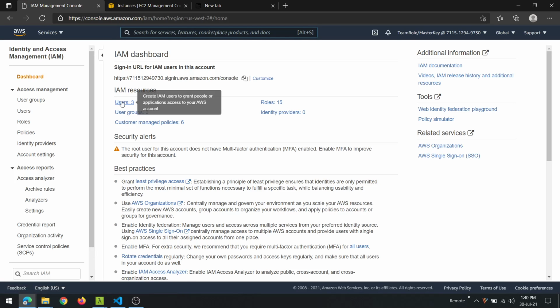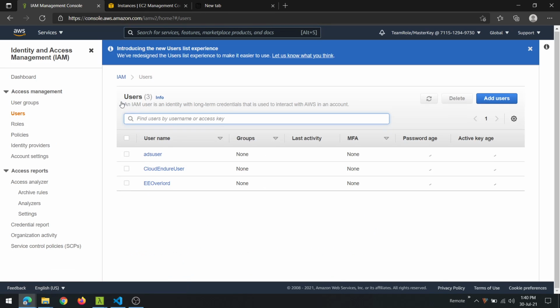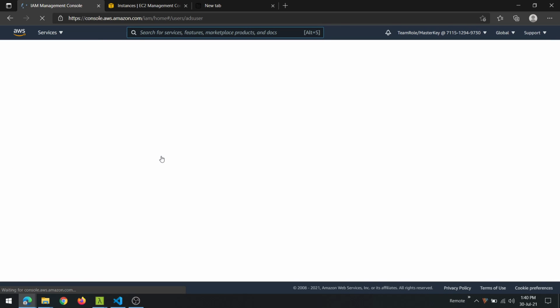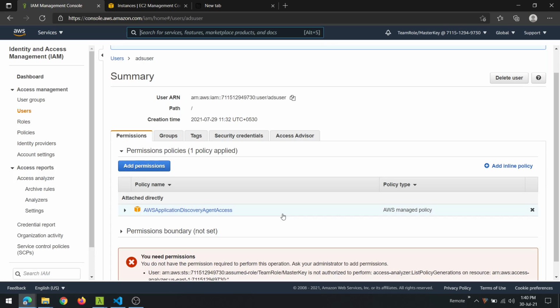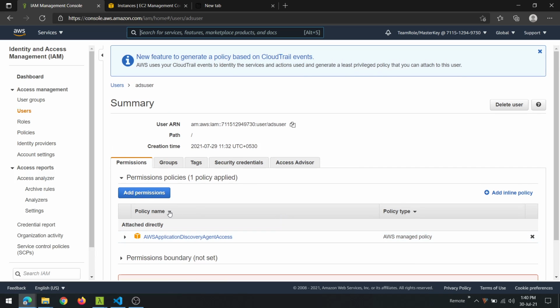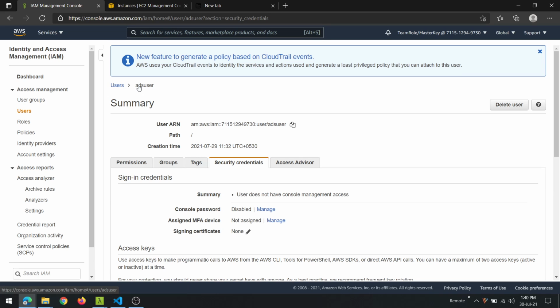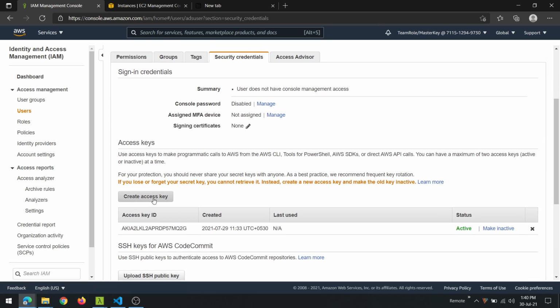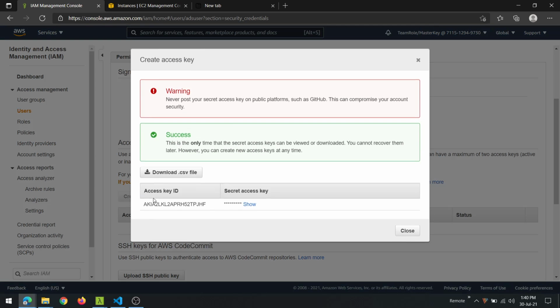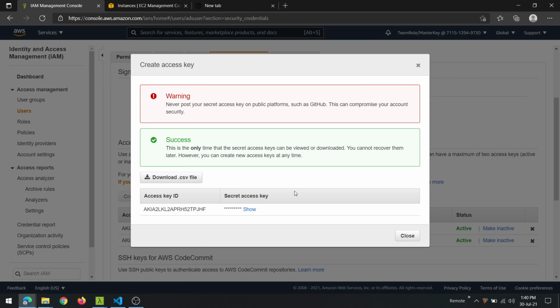We will generate a set of credentials, meaning the AWS secret access key and access key ID for this ADS user so that we can use that to authenticate the various agents running on each of these servers. So go to security credentials for the ADS user and then click on create an access key. As you may know, up to 2 access keys can be created against every IAM user. So here, make sure that you note down the access key ID and the secret access key.